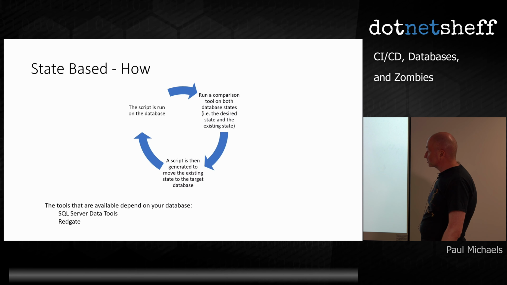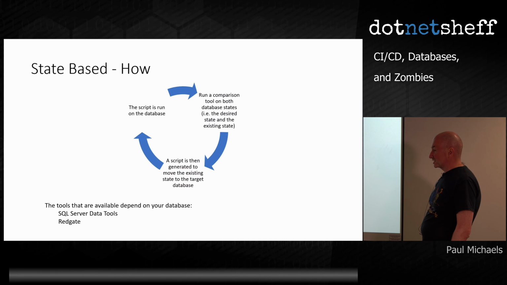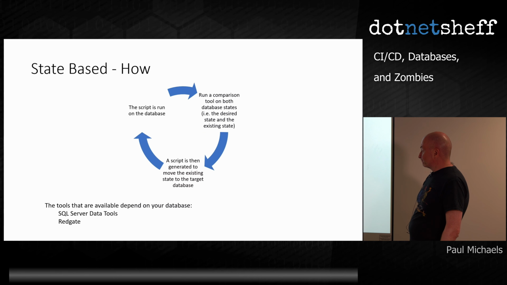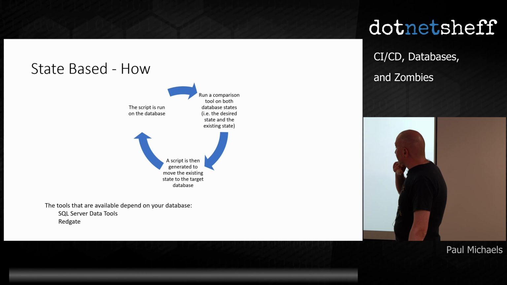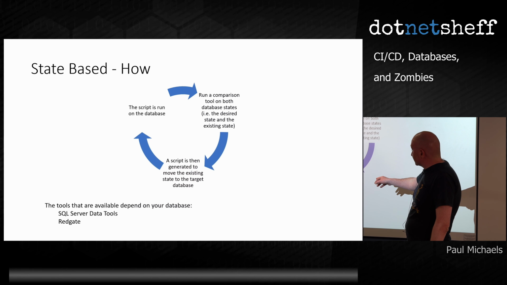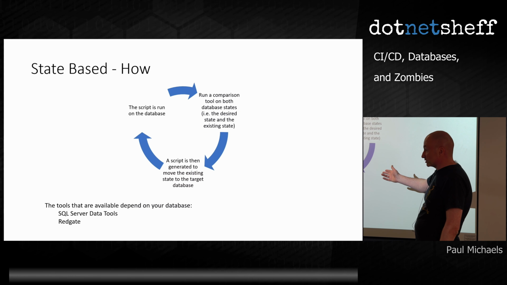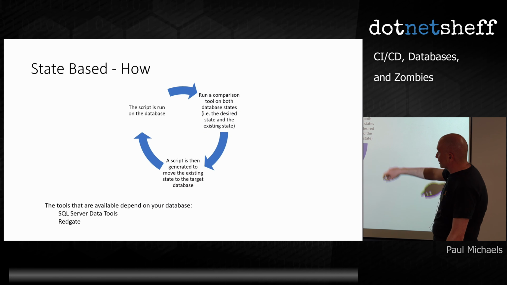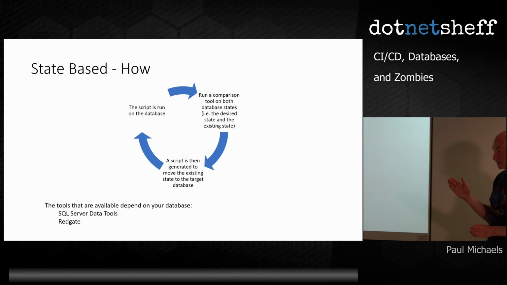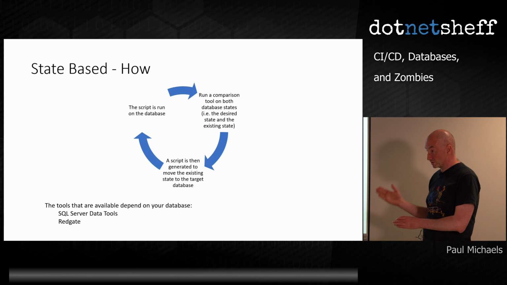And like I say, it's out of the box. Redgate are the other obvious players in that market. So they make a various set of tools, SQL Compare, MySQL Compare. They claim that Flyway does that, but I've never seen any evidence that Flyway is state-based. The script is then generated, so then it can create you a script to move from one to the other, or you can just have it apply that directly, and then you can run the script on the database. Obviously, you can do that inside of a pipeline. You can put stages where you can say, I can review this migration before it deploys.